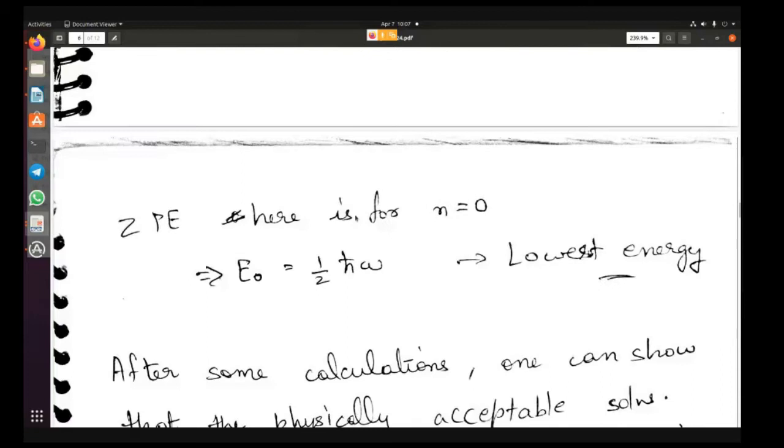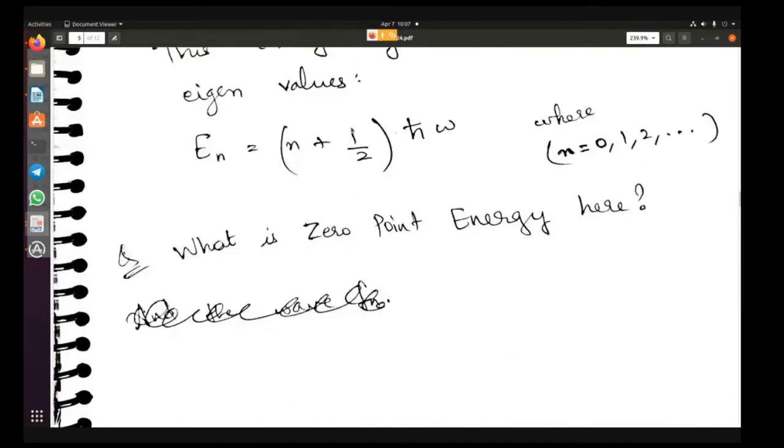And the system is also discrete. There are discrete states because n can only take the values 0, 1, 2, 3, etc. That means it is a discrete state, because the particle can have only those sets of energies. It cannot have the energy for n equal to 0.1 or 0.5; that is not possible. So these are discrete n values, and therefore the energy levels are also discrete.